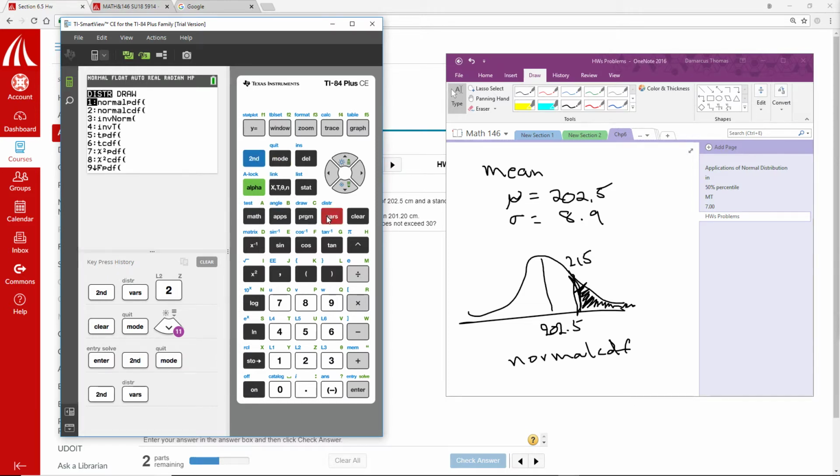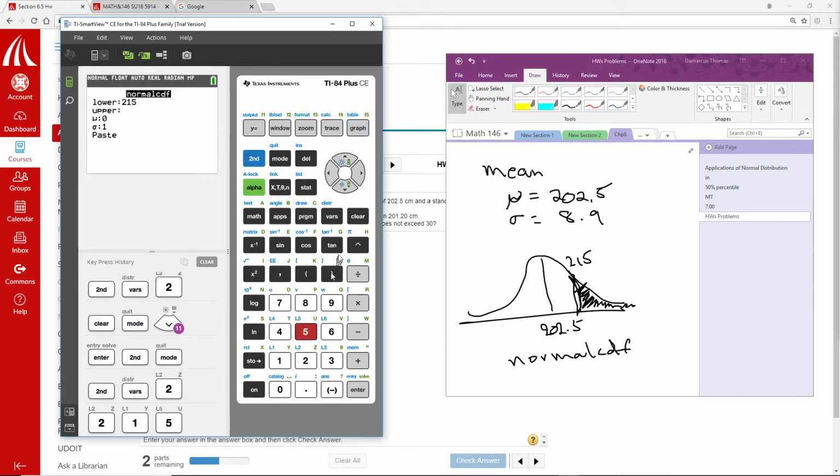So go to second, distribute, and choose 2, and my lower bound is actually 215. My upper bound, I don't have an upper bound because it's everything greater than 215, so I have to put in a very large number. Second e to the 9, and then I have to put in my mean, 202.5, and I need to put in my deviation, which is 8.9,